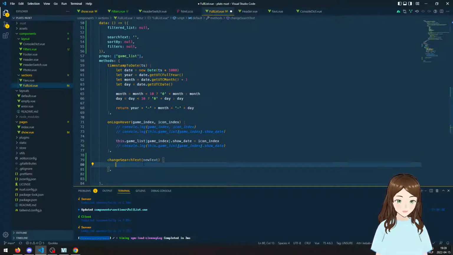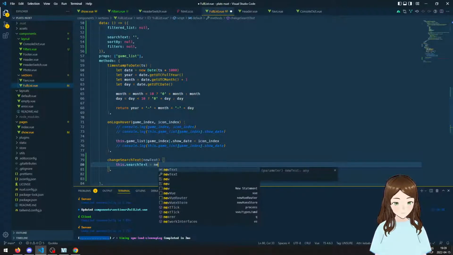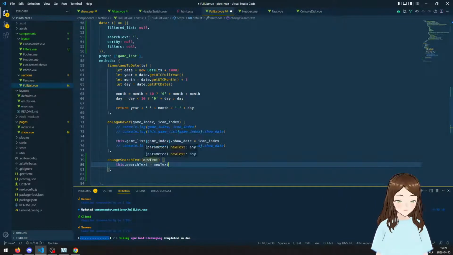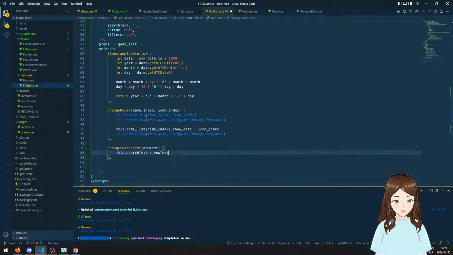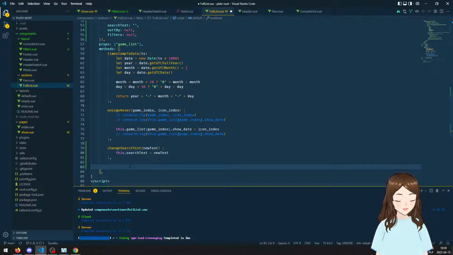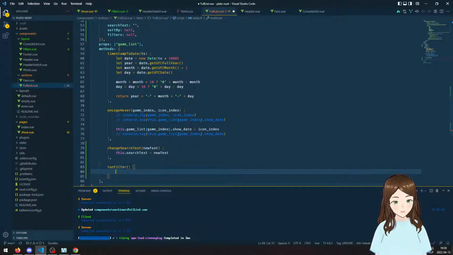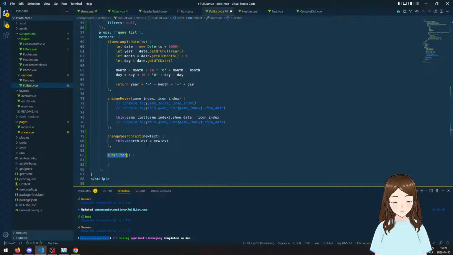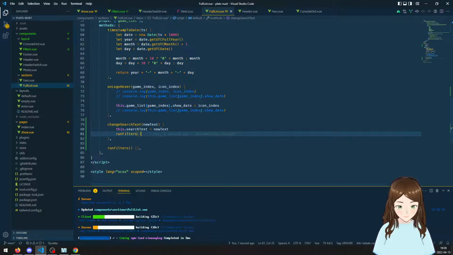And here we're just going to say, hey, make sure that you save this new text, whatever this is, into search text, and then run a method called run filters. So basically what this means is